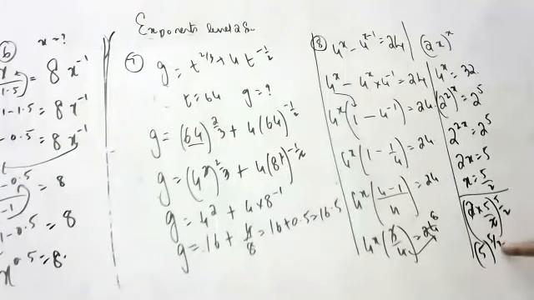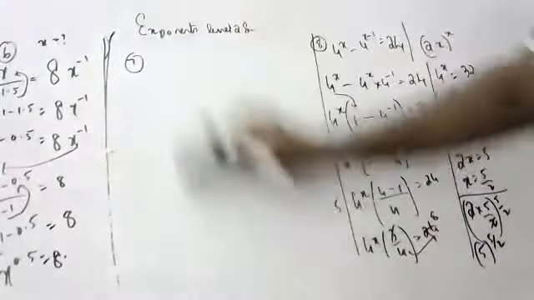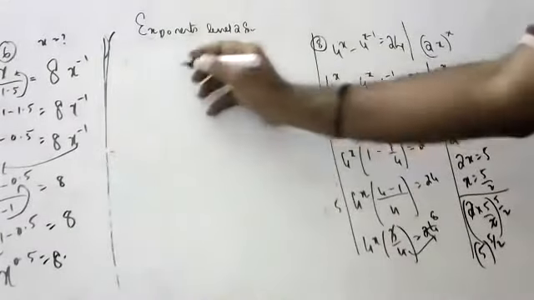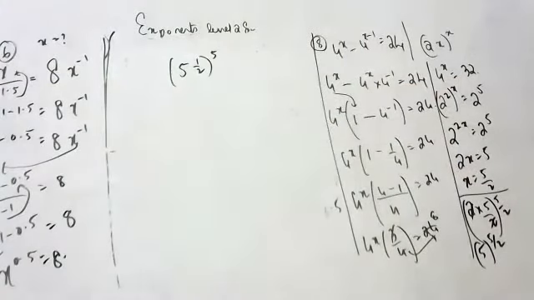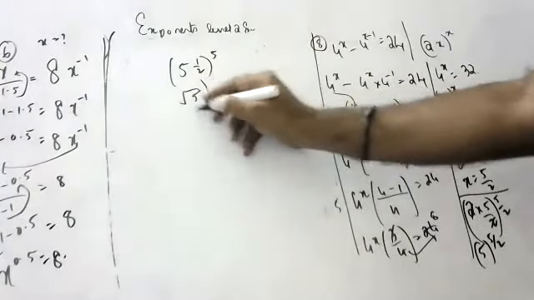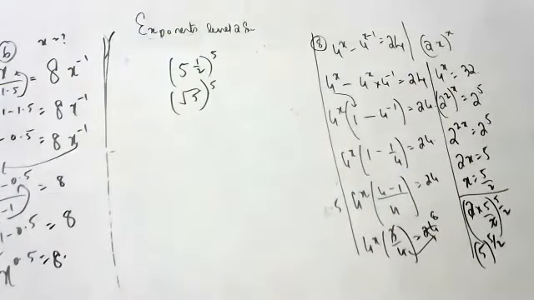Okay, seriously speaking, you can write this if you want. You can further simplify this if you want. See here, children, how to simplify? I will show you. If you still want to simplify this, 5 to the power of 1 by 2 whole to the power of 5, children. Root 5 whole to the power of 5, children.